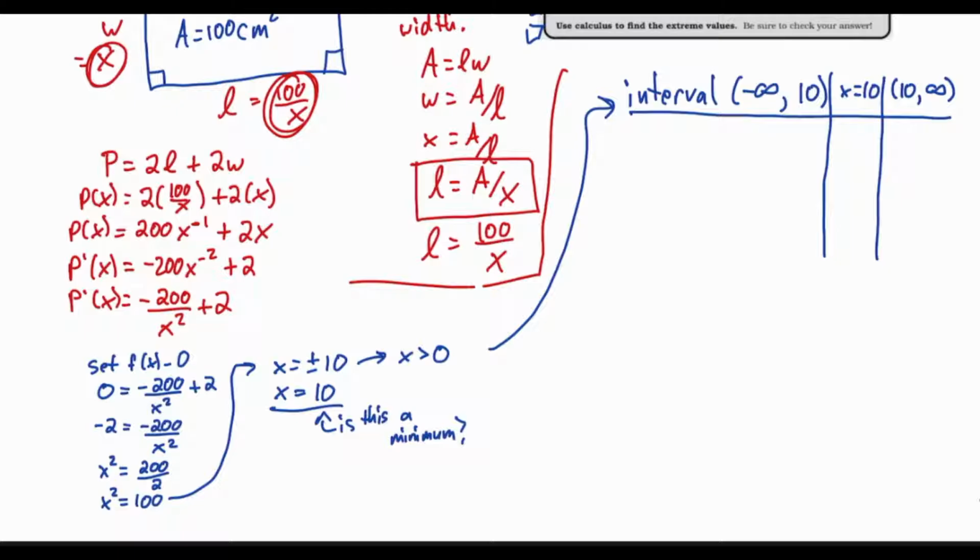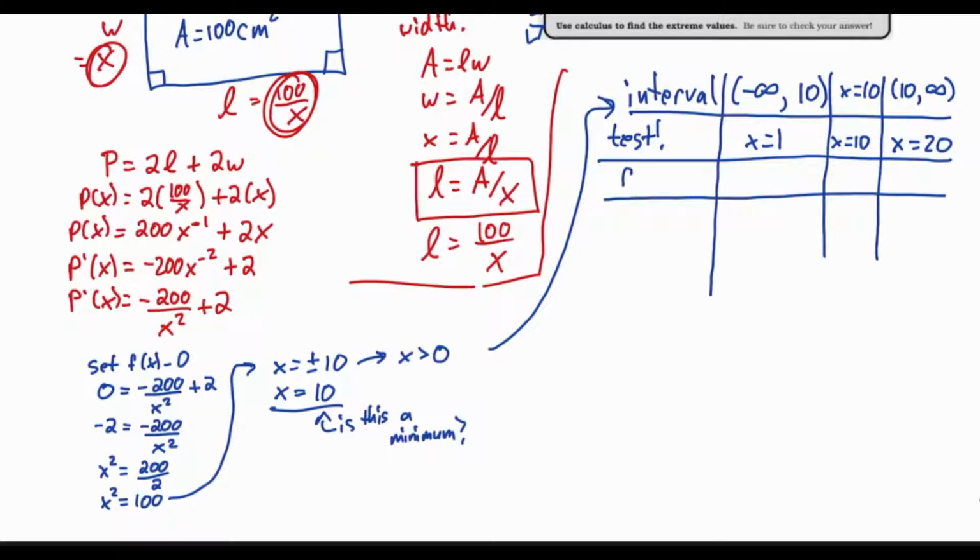All right, I'm going to choose my test value. Remember here, I'm just choosing any value I want that fits within the interval, something nice and easy to work with. So between negative infinity and 10, I'm going to use x equals 1. At the actual point, I have x equals 10. And a test value above 10, I'll use x equals 20. It doesn't matter. I could choose 11, 12, 15, 300,000. We're just choosing some value that fits within our